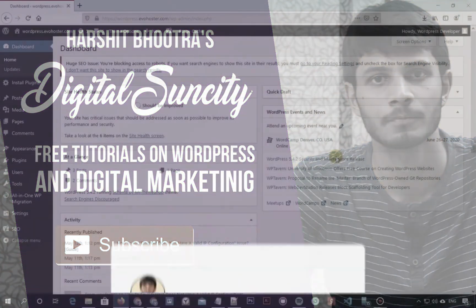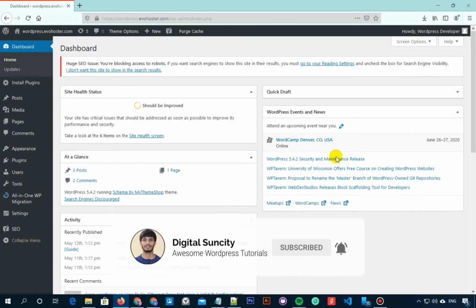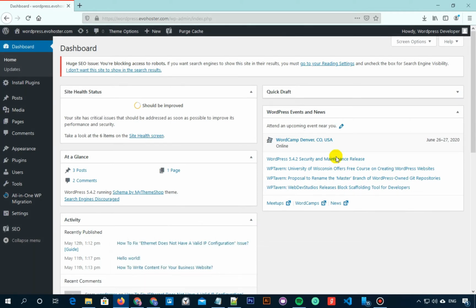Do you want to import or export your WordPress Gutenberg blocks? Gutenberg allows you to save your custom content blocks and export them to use on your other WordPress websites. These reusable blocks are extremely helpful for adding call to action buttons, feedback forms, banner ads, etc. Now in this video tutorial, you'll learn exactly what you need to do to import or export your WordPress Gutenberg blocks. So let's start with exploring the features first.